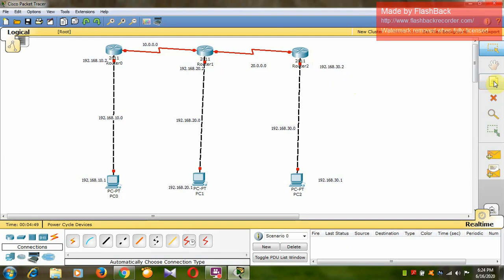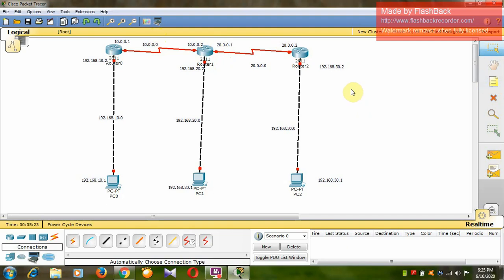Okay, so here I will take on this serial port 10.0.0.1, and this serial port I will take 10.0.0.2. Similarly, I will take here 20.0.0.1, and here I will take 20.0.0.2. Okay, so I have assumed some of the IP addresses.